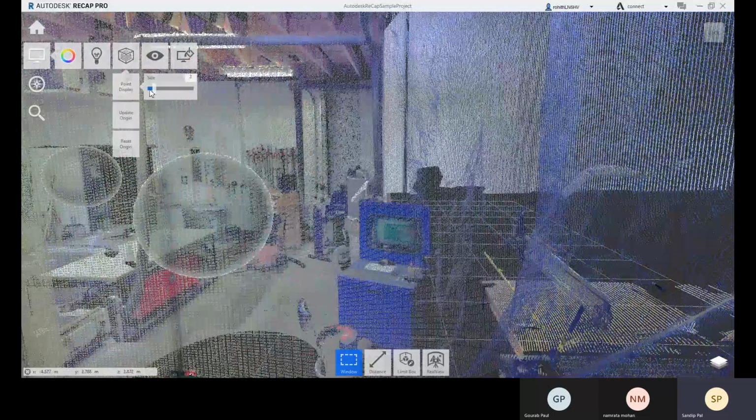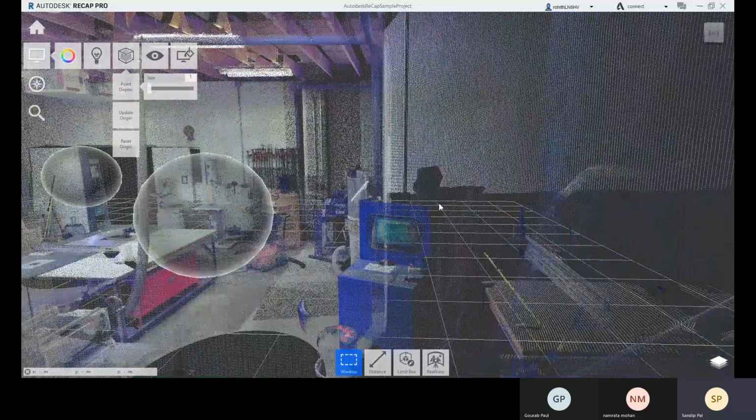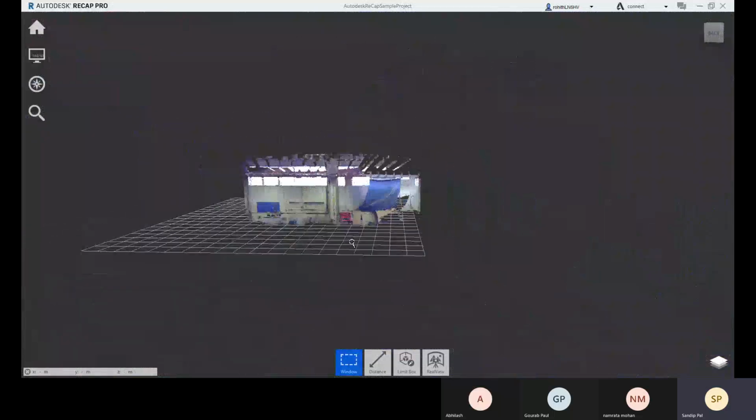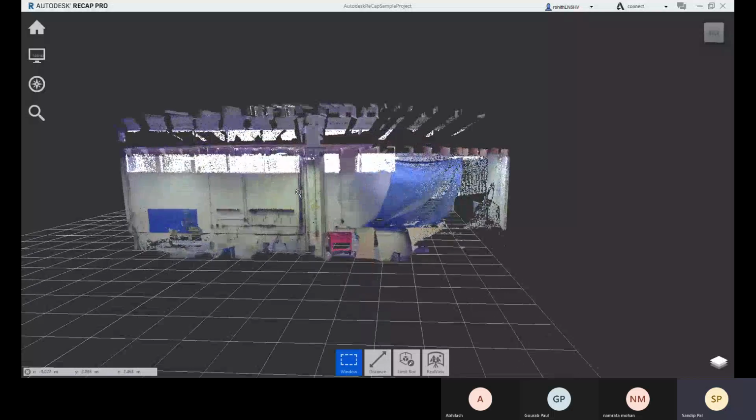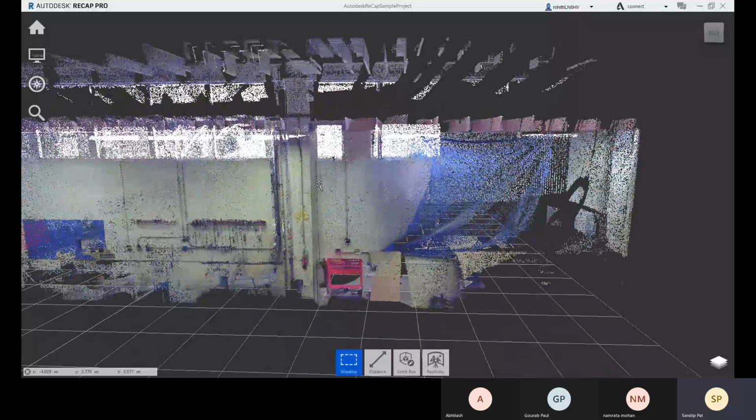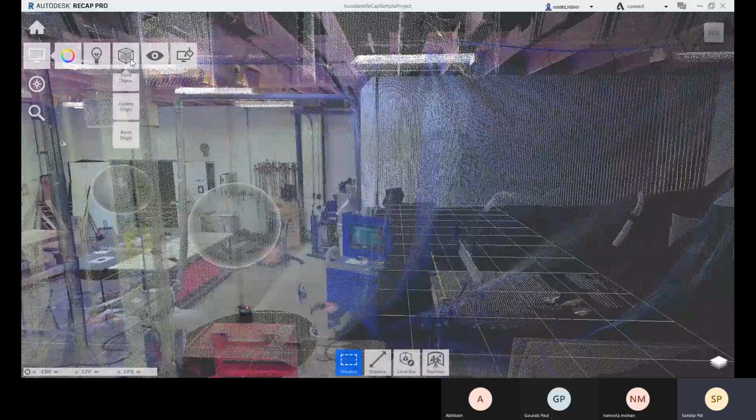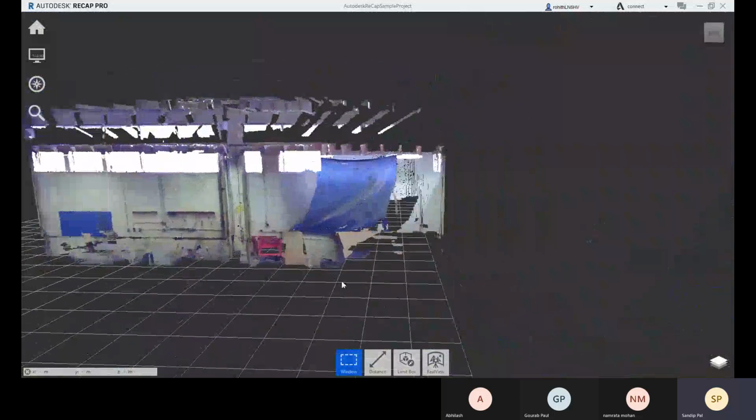If you decrease it to 1, you cannot see any point cloud. If you zoom totally out, then it will cover the surface. So you can choose 2 or 3. Come to this point display option, and you can choose 2 or 3. Okay, 3 is good, you can go for that.